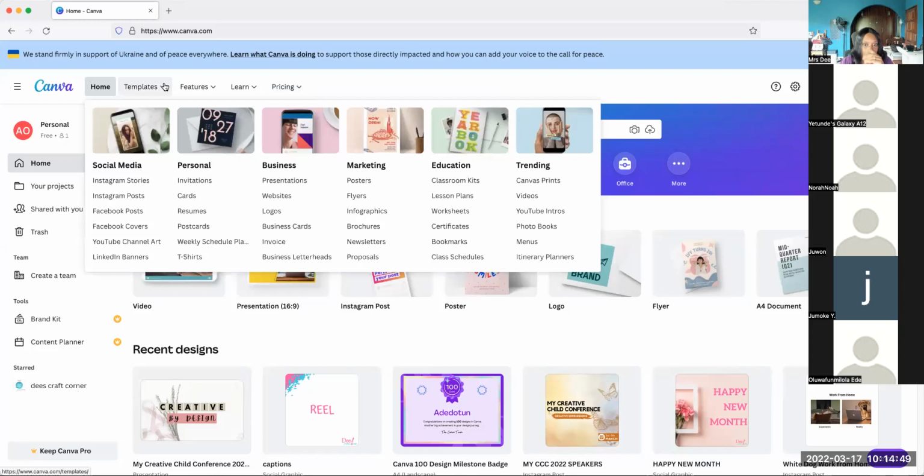So let's get to the templates. They are different, as you can see. You need to pick what is appropriate. For example, you want to pick a poster. Let me open posters now. You can't be wanting to do an Instagram post and you go and pick something on posters, because an Instagram post